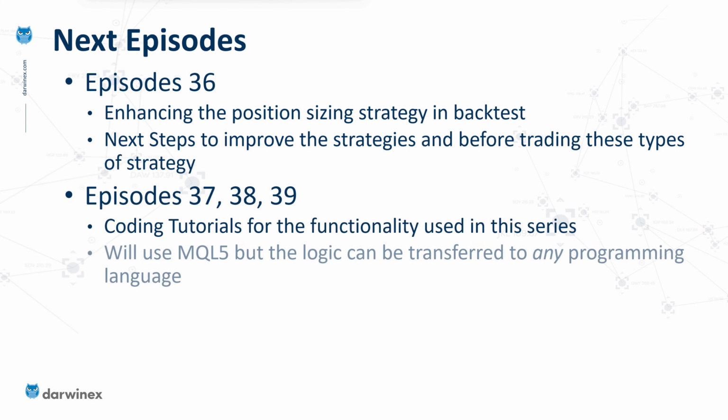And then in the final 3 episodes, I'll be undertaking some coding tutorials for functionality that I've used in this series. And although I'll be using MQL5, the logic that I'm using is something that can be transferred to any